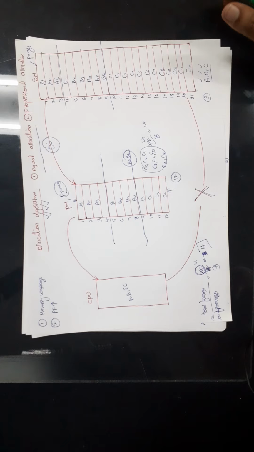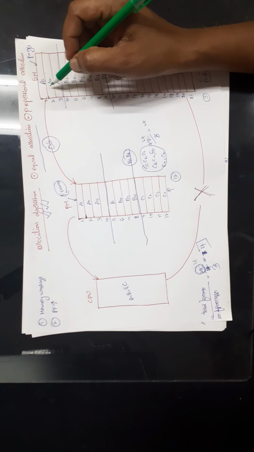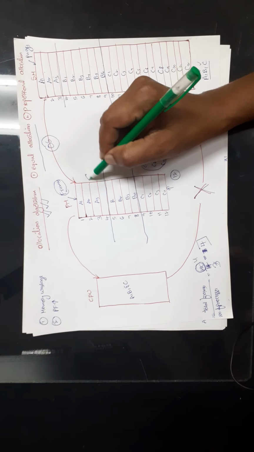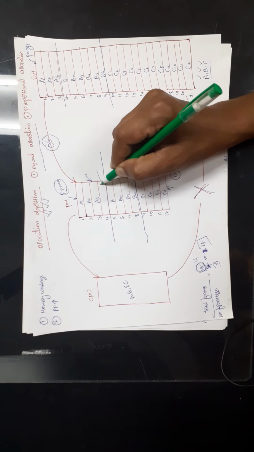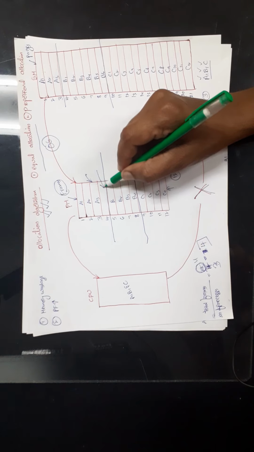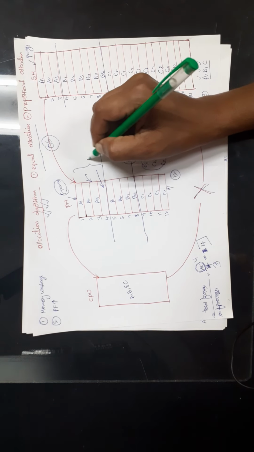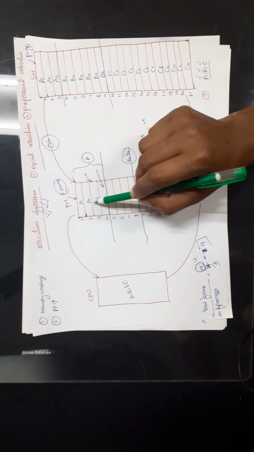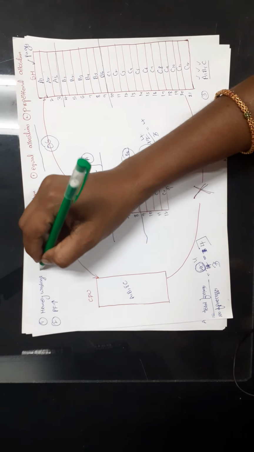The problem with equal allocation is a process whose size is very small. For that process also we are allocating 4 frames, right? That means here we have wastage of memory. Here we are wasting the memory space. Because we are allocating these 4 frames for only process A, but process A requires only 3 frames, so 1 frame is wasted here. That is one problem. Memory wastage is one problem.